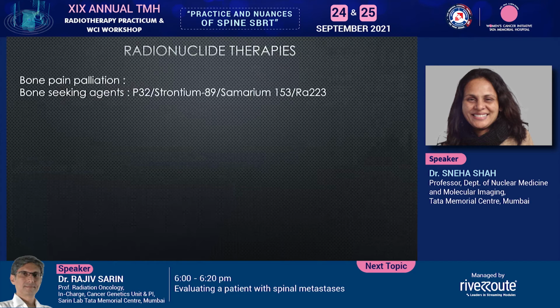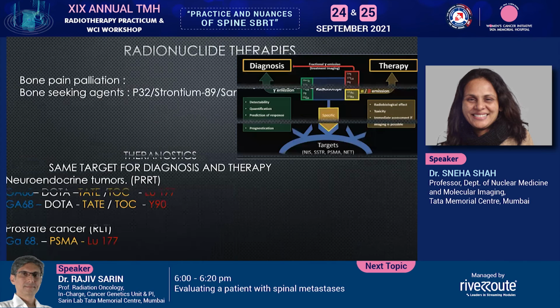So that forms the basis of radionuclide therapies, where the earliest indication was bone pain palliation, where you used bone-seeking agents, which are radioisotopes by themselves, and you treated patients with multiple bone mets. In the present era of theranostics in nuclear medicine, we have the specific molecule which we are going to tag against a specific target on a tumor, where you first diagnose the disease with diagnostic radioisotopes and replace these diagnostic radioisotopes, keeping the same molecule, with a therapeutic radioisotope.